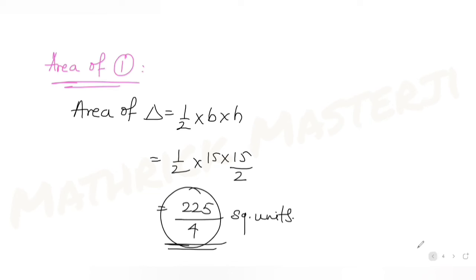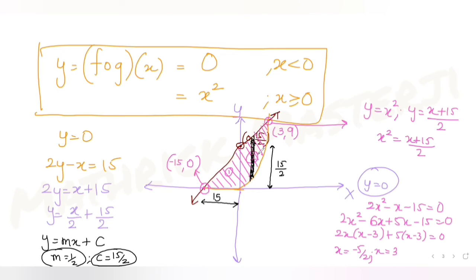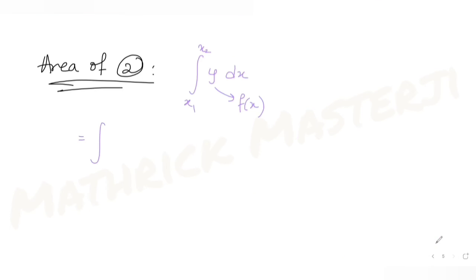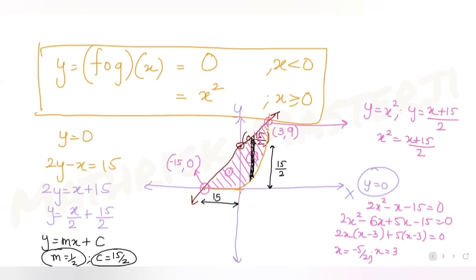So if I have to now just find the area of the second region, which is between the parabola and the line, it is given by the integral from x1 to x2 of y dx, where y is basically in terms of f of x. So I see the limits of x1 to x2. It goes from 0 to 3. So your limits of x go from 0 to 3. y is in terms of a function of x. So if I see, the upper function of y in terms of x is x plus 15 over 2